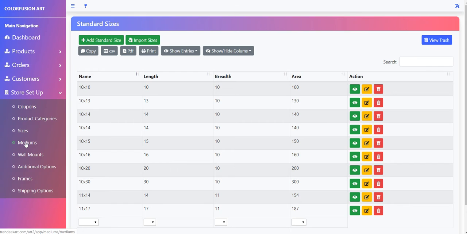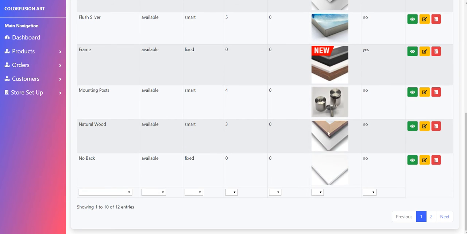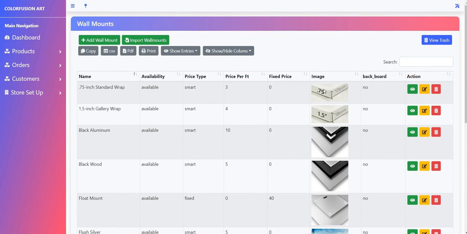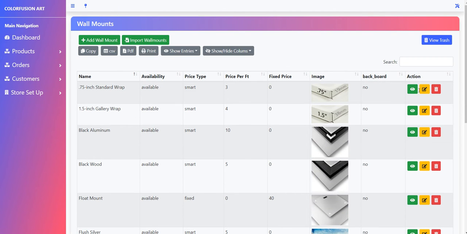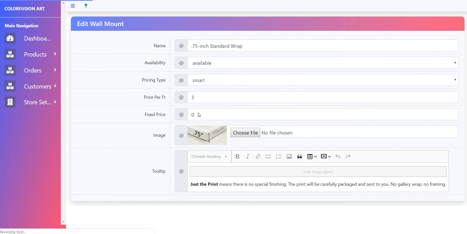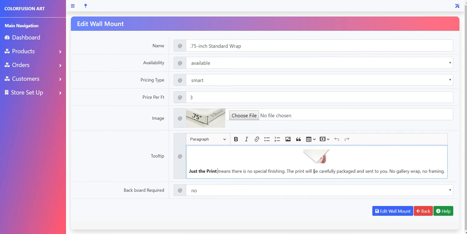And then next, coming to the wall mounts. First let's go to the wall mounts. These are all the wall mounts that are available irrespective of which medium. Here we need to define all the wall mounts. Now if we go in and edit this, we have all the options over here. We even have the tooltip. Just if we see in the artbeat.com,